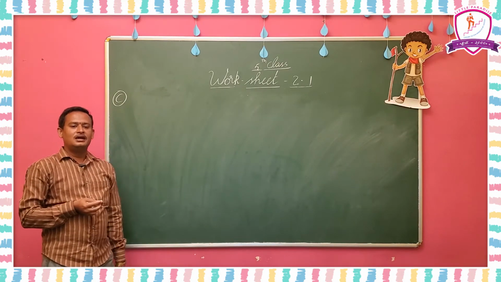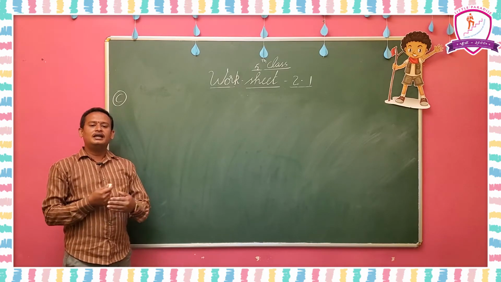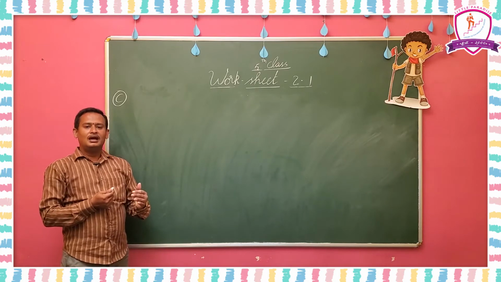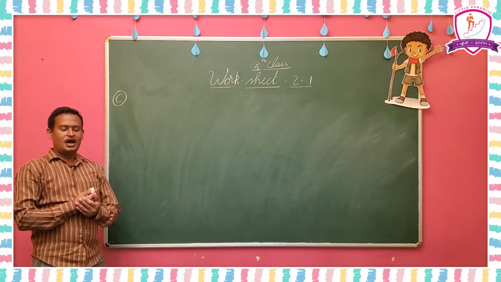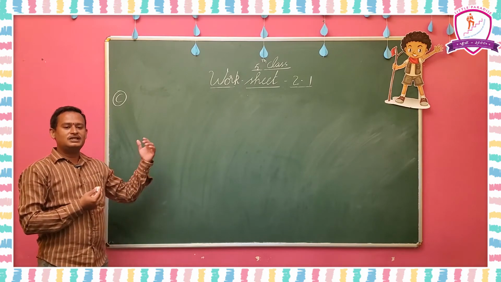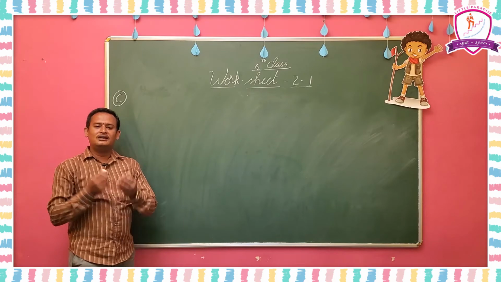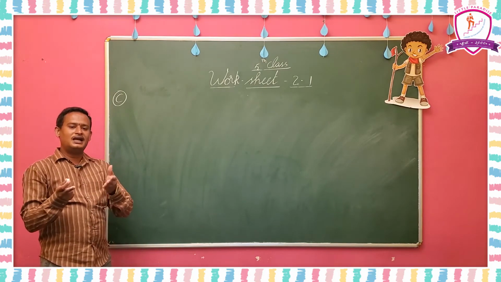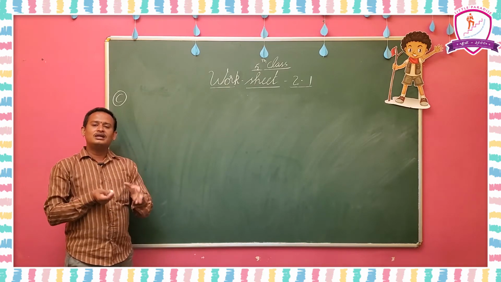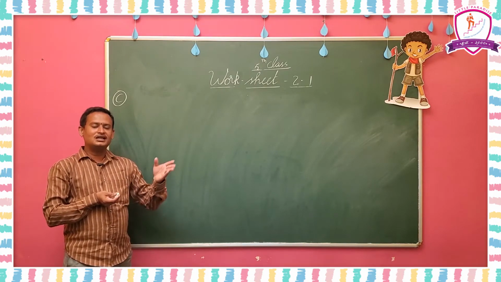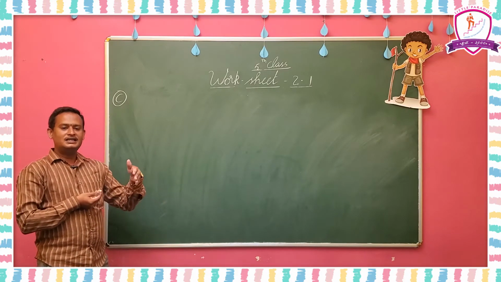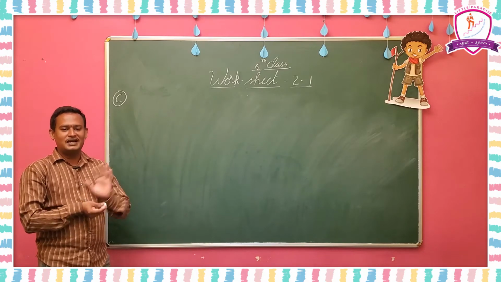Now the C Roman: write the following numerals in the Indian place value chart shown below. So here we are going to write the number in the Indian place value chart. You have to fill the numbers in the particular places. In the Indian place value chart, how many places will be there? Ones period, thousands period, lakhs period, crores period, 4 periods are there. In ones period 3 places, thousands 2 places, lakhs 2 places and crores 2 places are there. Understood? Okay. Now we are going to insert the given numbers into particular places.